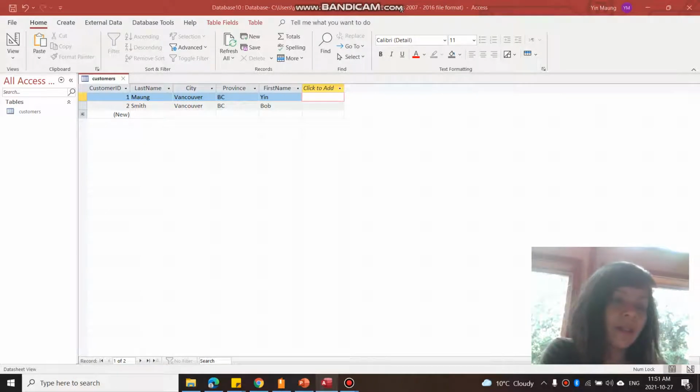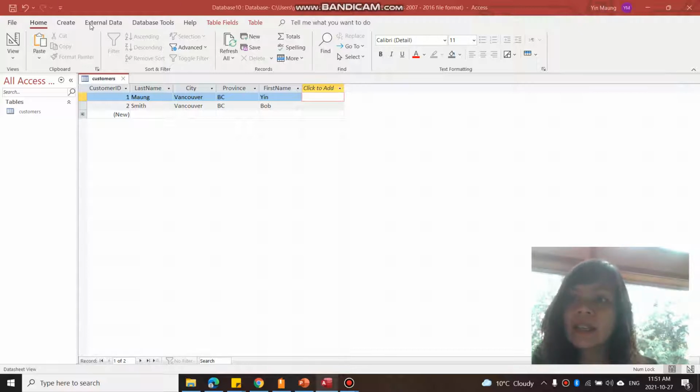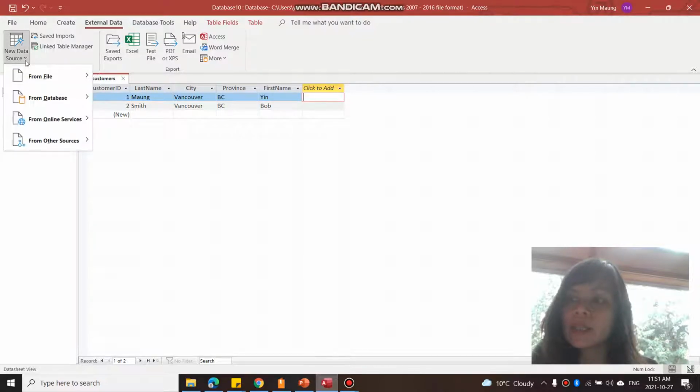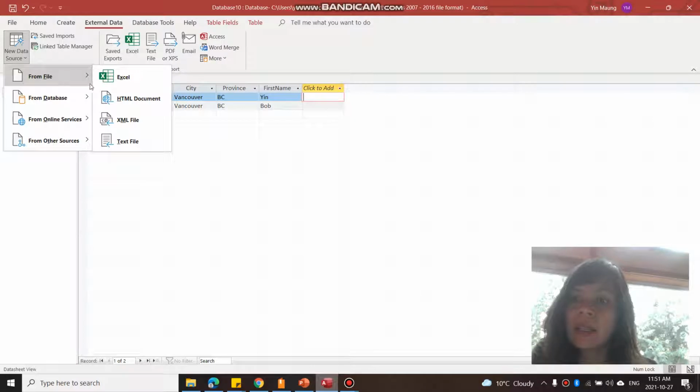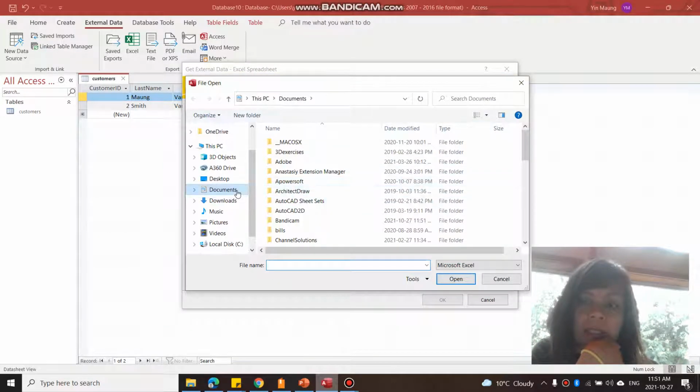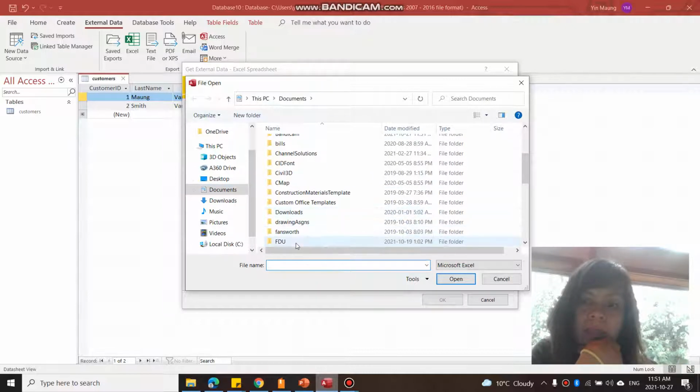Now that we're familiar with the datasheet views and the table design views, we're ready to import a table from Excel. So in order to do that, let's go over to external data, and I'm going to choose a new data source from a file, and let's choose an Excel, okay? And first I'm going to browse for the Excel document, okay, and it will be in my FDU